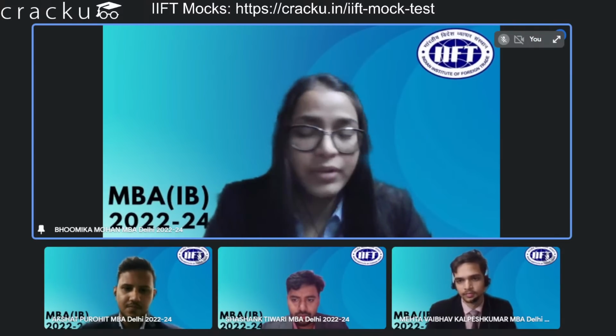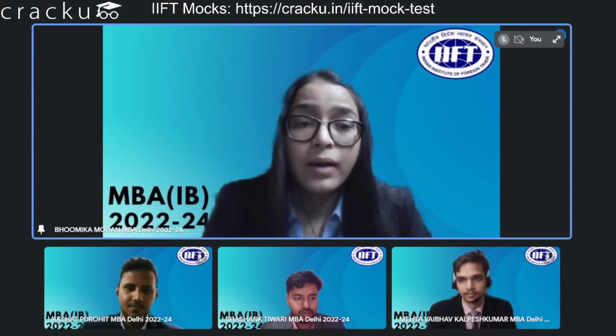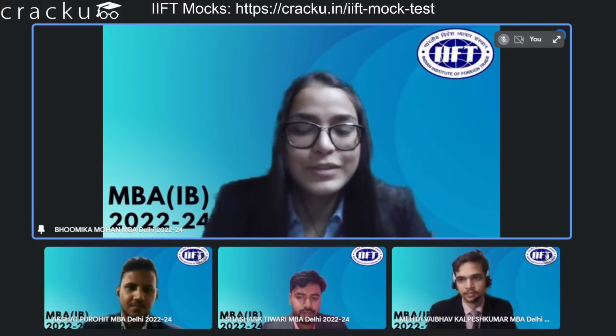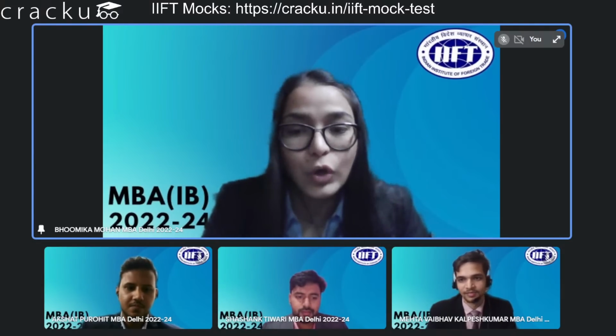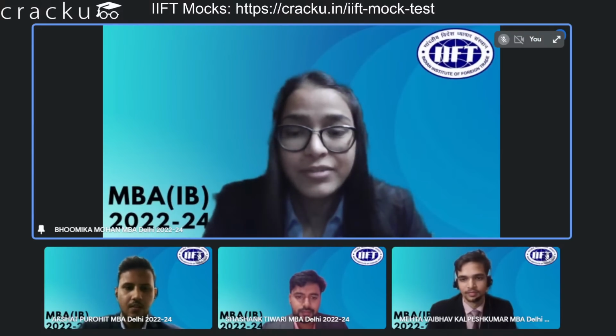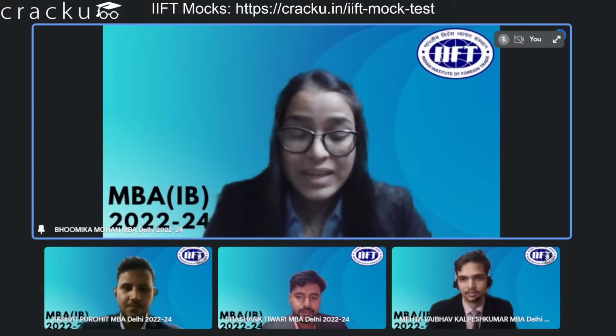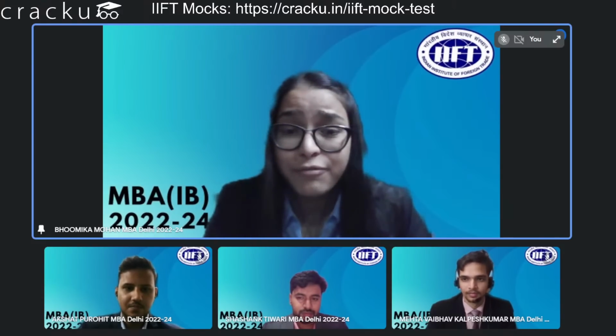So since Weber spoke about how LR in IIFT is going to be different from CAT, while he thinks that it's pretty easy and a cakewalk, I also think that it's very lengthy. It's not the same length as CAT. So here you have to read a lot. IIFT checks if you're strategically able to speed up the process of solving the question,